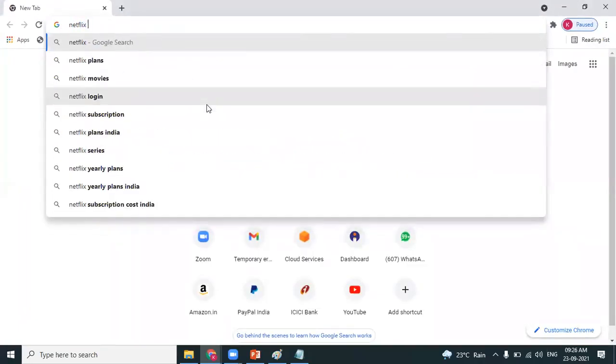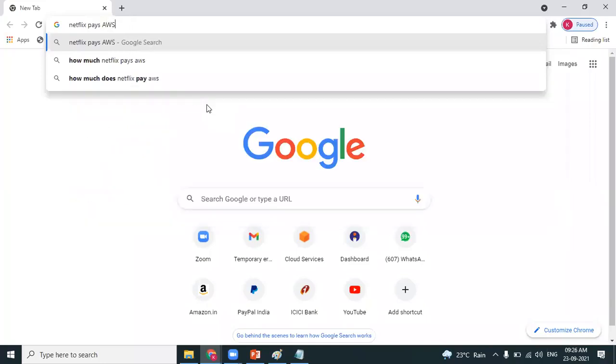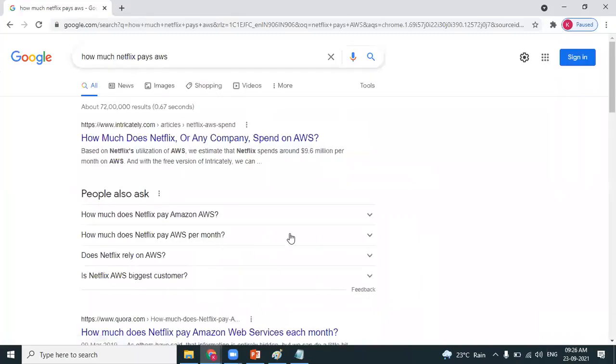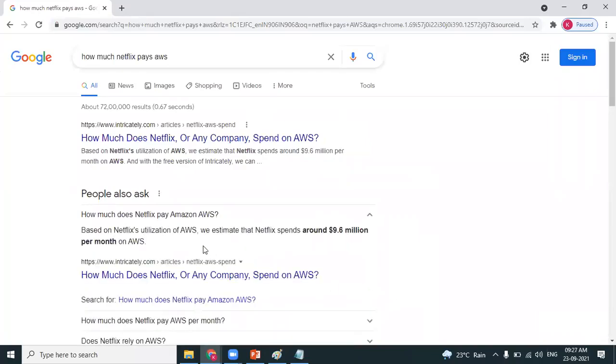Based on the Netflix utilization, it is estimated that Netflix will spend around $9.6 million per month.